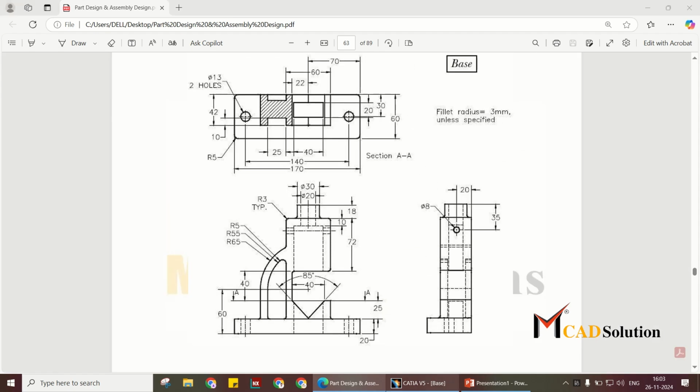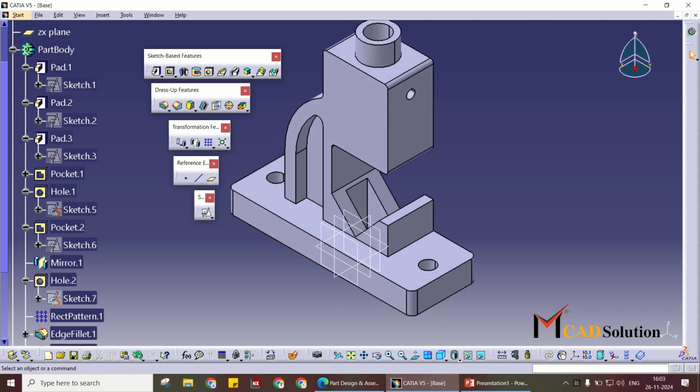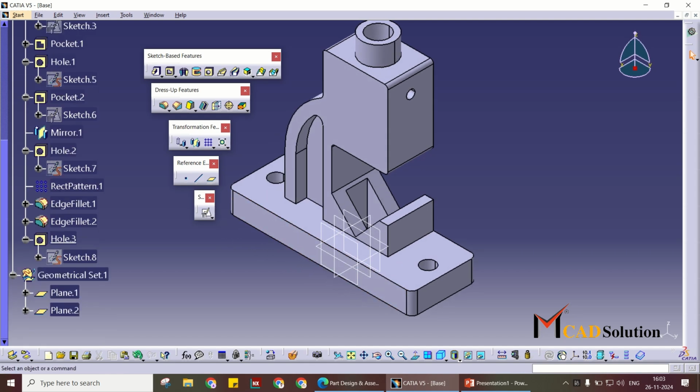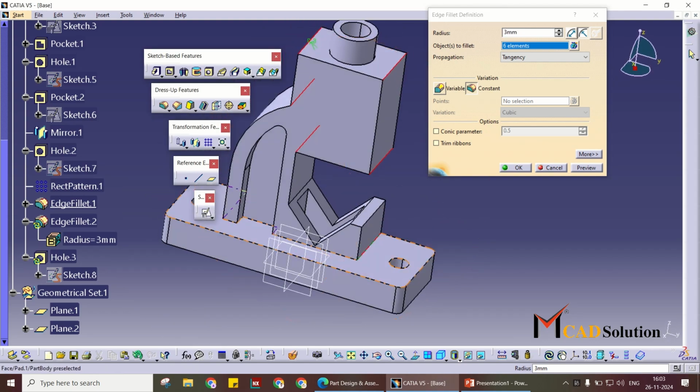Here also fillets are given. I think this is 3 mm. Okay, 1 2 3 4.